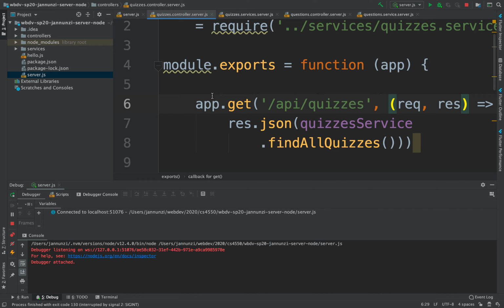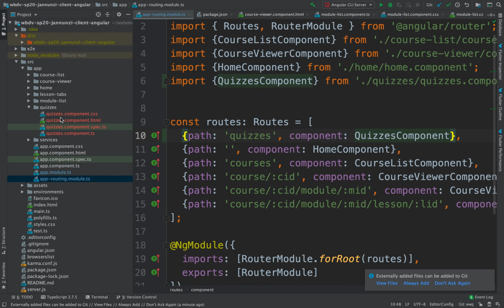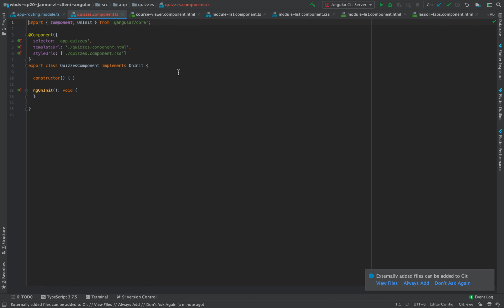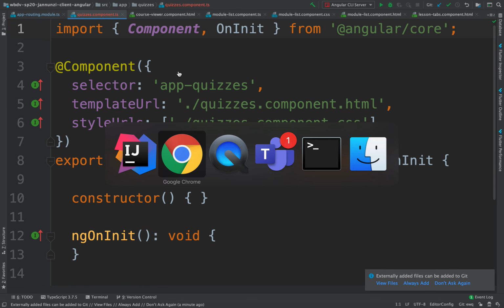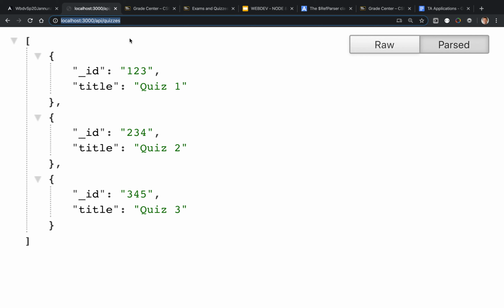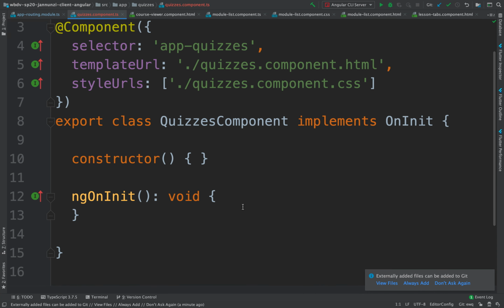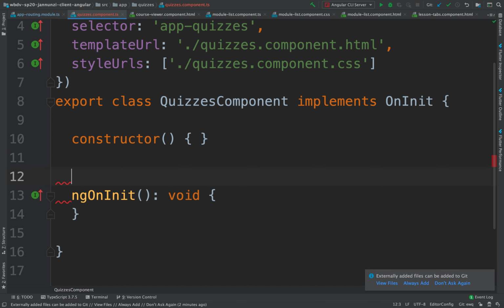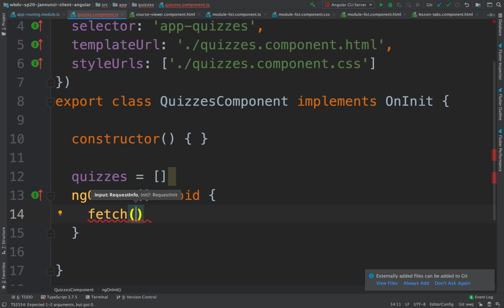All right, so let's head over to the quizzes component, and what we're going to do is try and programmatically go to this URL. So I'm going to copy that, and we want to fetch that data, right? And we're going to copy it into a local variable, which we're going to call quizzes, which is going to be an empty array at first. Right? We're going to do a fetch from this URL,